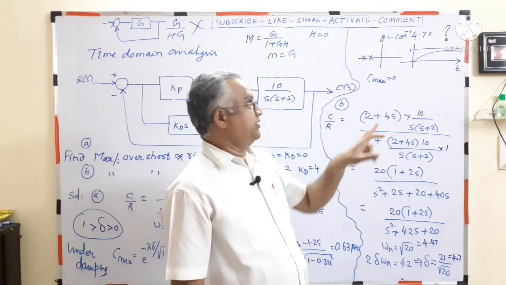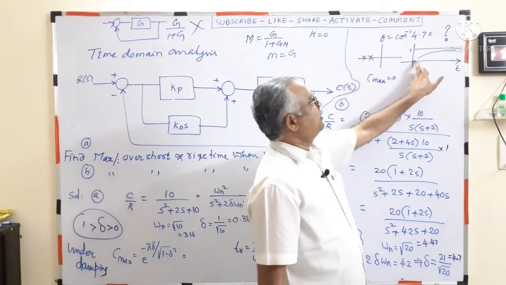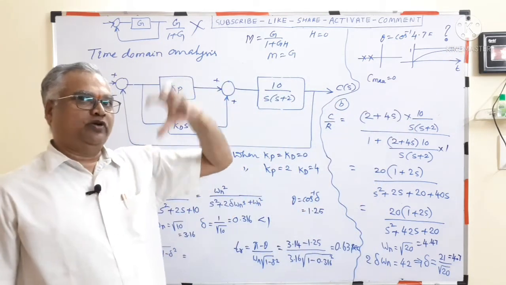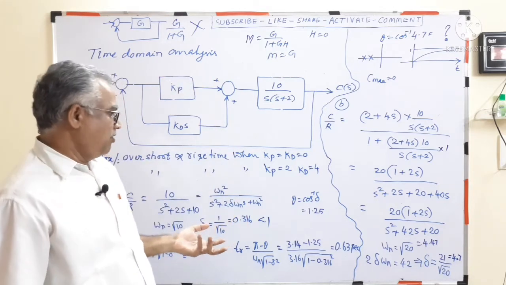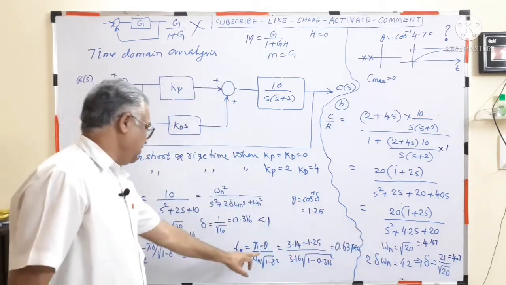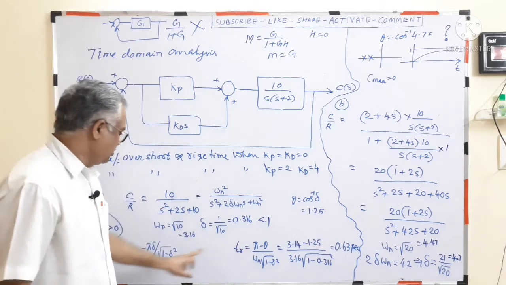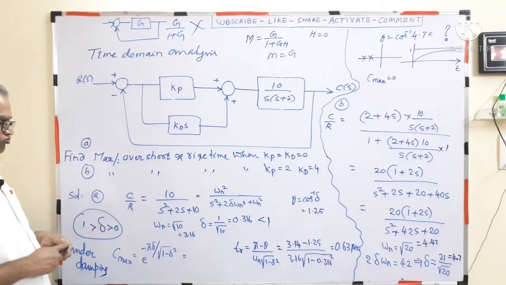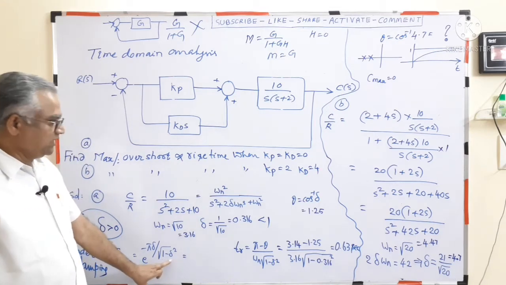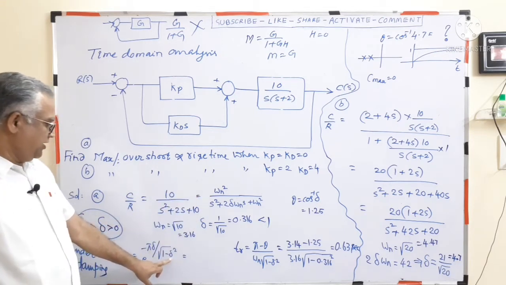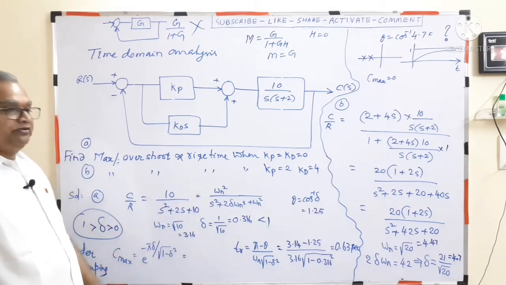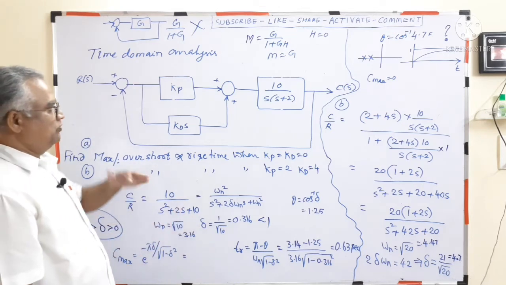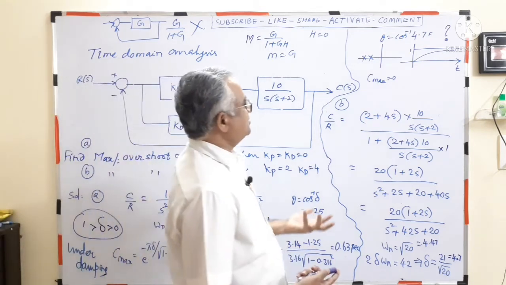Overdamped means two roots are real, not equal. Response will be like this. So you don't get any maximum overshoot or undershoots. Don't substitute those values literally in these formulas. You can use these formulas only in the underdamped case. If you substitute delta 4.7 square, you get a negative, root of negative. You can't simplify these things. So overshoots, undershoots are not there, so you can't answer.